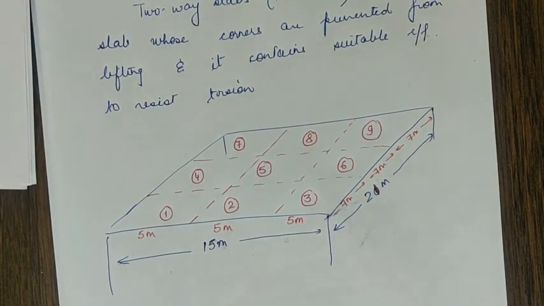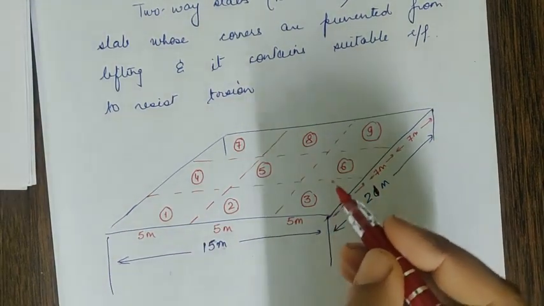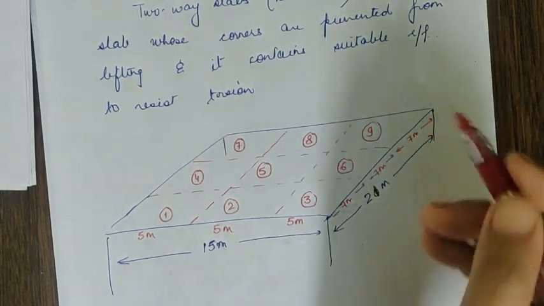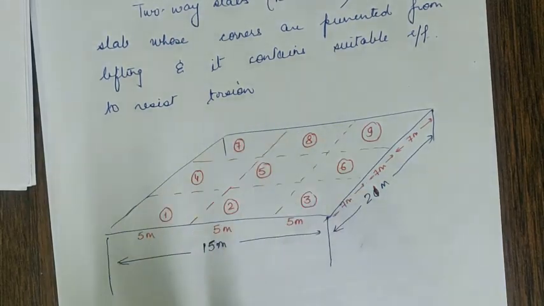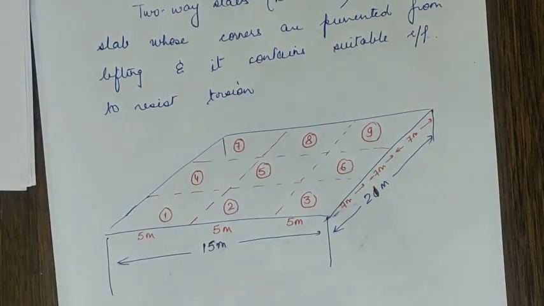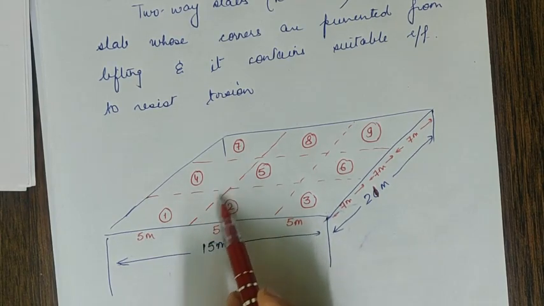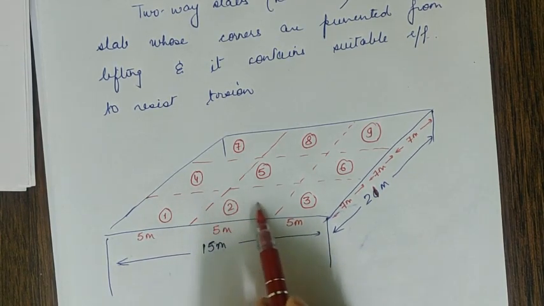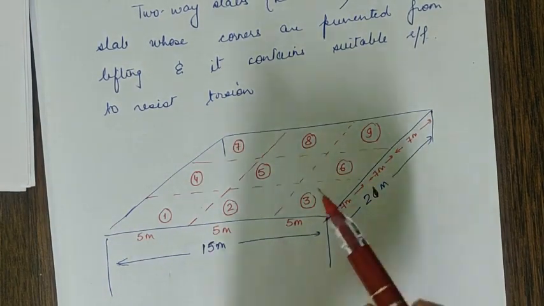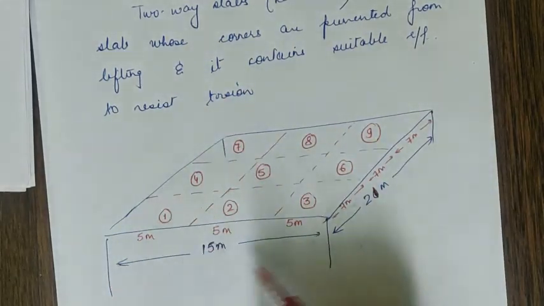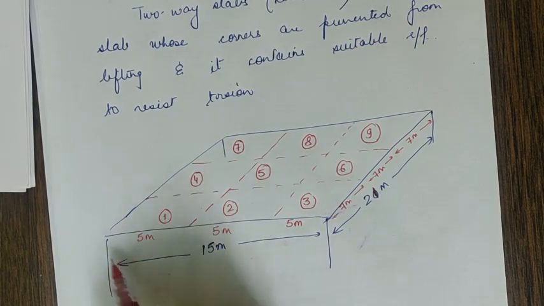Is it okay? Clear? Now let us say on this particular slab, we are constructing another room. So we are having walls here. It means these corners are also prevented from lifting. Consider the corners for this slab. This is already prevented from lifting because it is continuing on this side. At the end also, if we are creating walls around this room, it means the corners are prevented from lifting. So each of these slabs will become what?